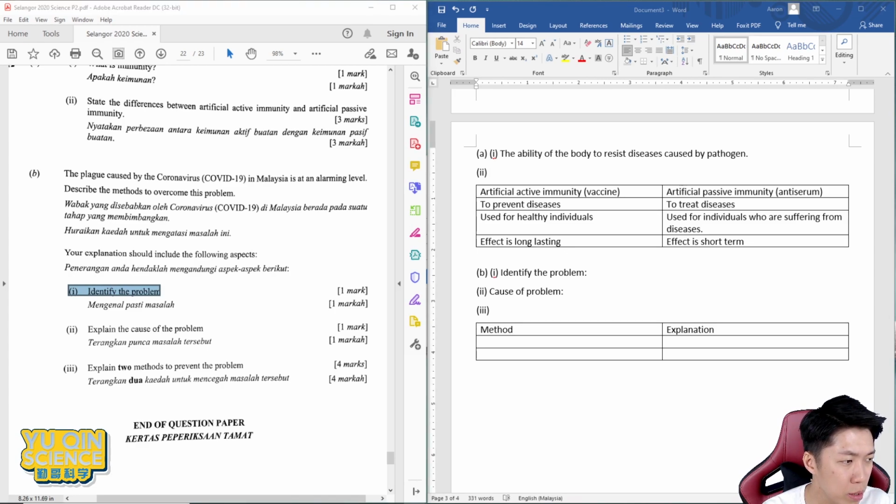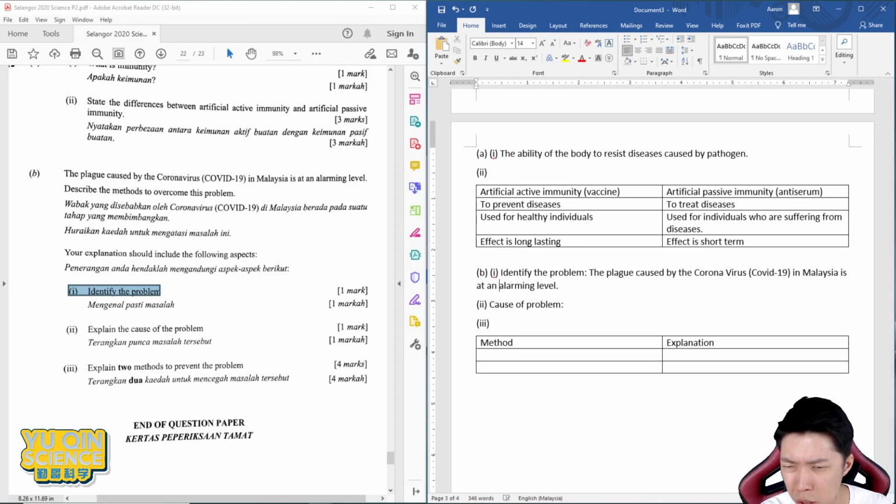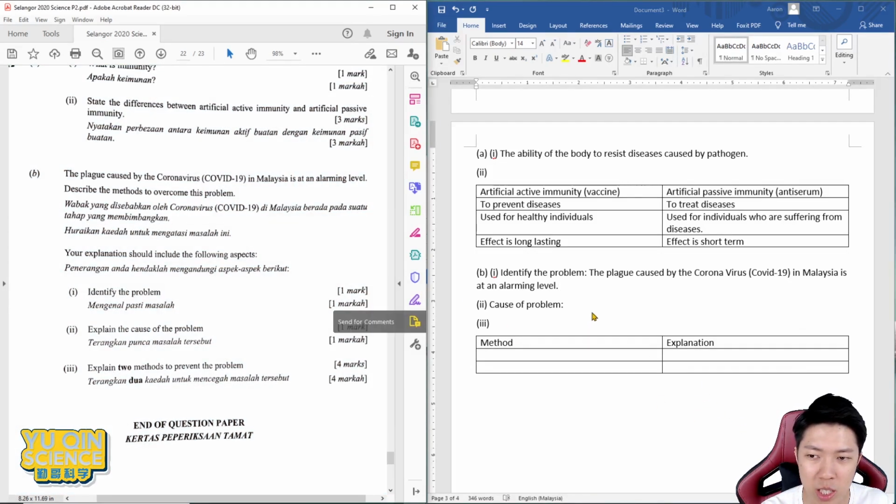So the plague caused by coronavirus in Malaysia is at an alarming level. So copy from the first sentence. 照抄没有错，真的，你信我，你信我。照抄，好，from above, free answer. 简直就是摘录要点嘛。